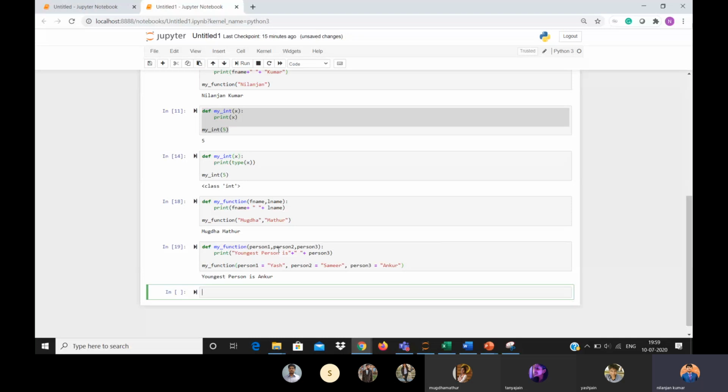So this is a type of keyword which we use in the argument. Let's say I have taken 3 keywords like person 1, person 2, person 3, and I want to find who is the youngest person. I am defining the youngest person as person 3. When I call the function, I have to write the keyword with the person name also. Then while executing this statement, you will get the youngest person is person 3, whosoever's name is given here. You can try out more examples in this.